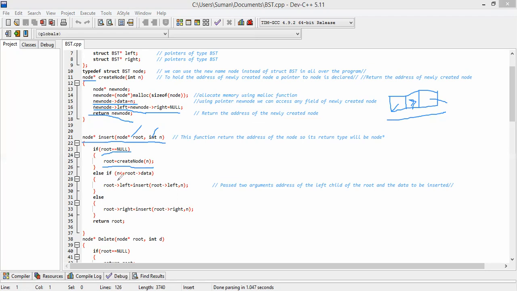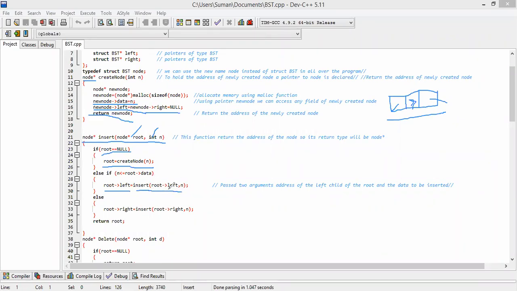And else if the data that is to be inserted is less than or equal to the root data, we are considering this as a root. So the data that is to be inserted will be checked with the root data. If the data is less than or equal to the root data, then we will insert it into the left. That's why you can see root left equal to insert root left n.